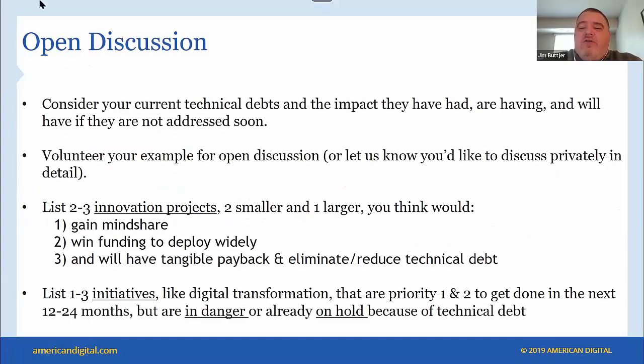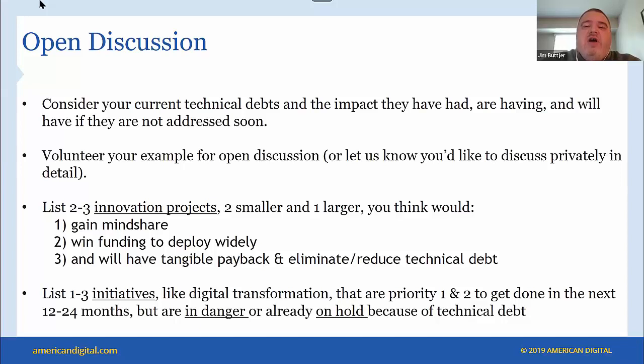So we wanted to create a large time and dedicate this time as a roundtable discussion. And we put this up here as a prompt for you to think about what kind of technical debt you have had, what you see coming up that you'll need to address, and whether that's just a small itchy thing, or it's a large one that's been looming, and everybody's been waiting for that rainy day, and it might be that rainy day now.